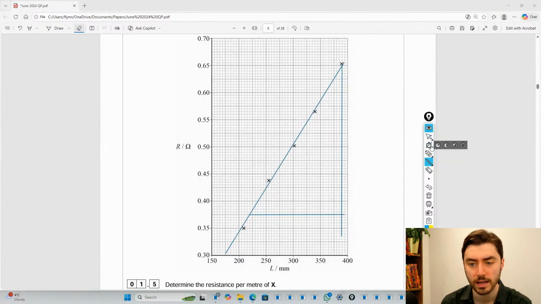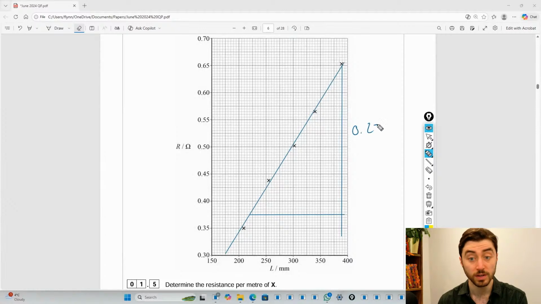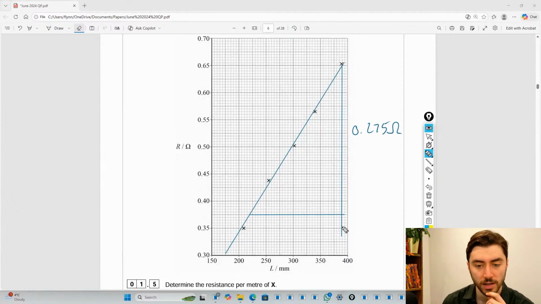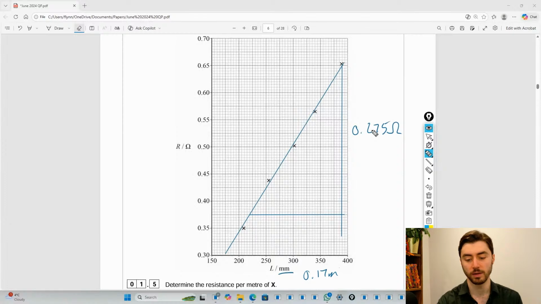Change in resistance is, oh, well, that's 0.65. That's 0.375. So 0.65 minus 0.375 gives a change in the resistance of 0.275 ohms. Change in length, note that it's in millimeters, that's 375, 380, that's 390. So 0.39 meters minus this guy, which is 0.22, which is 0.17 meters. So the resistance per meter, oh, I forgot to start the timer again. So the resistance per meter is 0.275 all over 0.17, which is